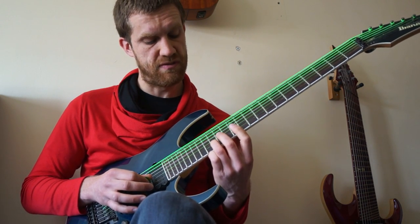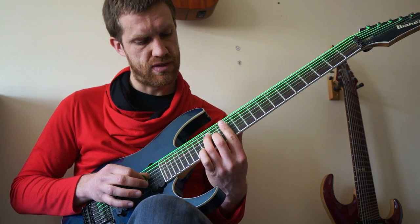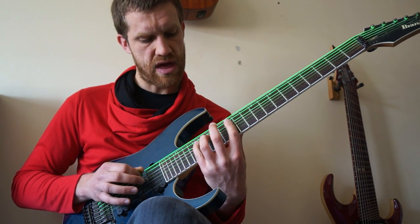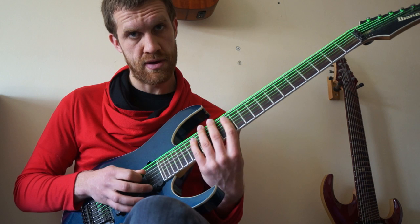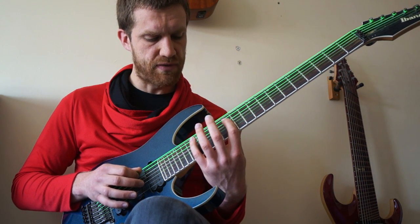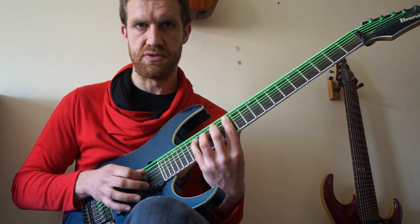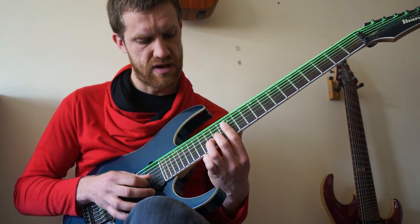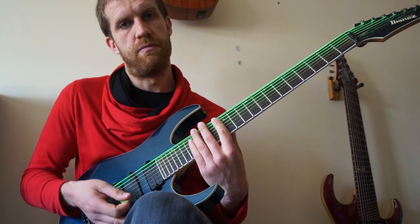Now I'm going to do an octave below version, which is the 14th fret on the G, then the 15th fret on the D, the 17th fret on the A, and then I'm going to take the final note of the arpeggio, which is the 12th fret, and those were all up picks by the way, sweeping. Then I'm going to down pick the 12th fret on the A string, hammer on to the 17th fret of the A, and then go back through all the notes I just played. So on the D, I've got 15 and 14 on the G, 15 on the B, and then 13 on the high E. If I put that together,